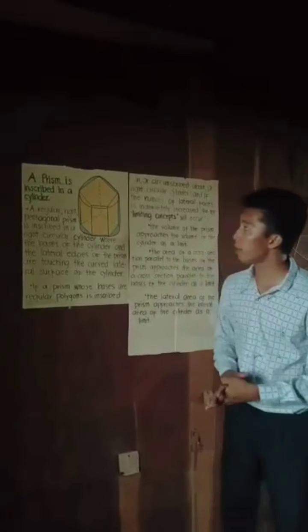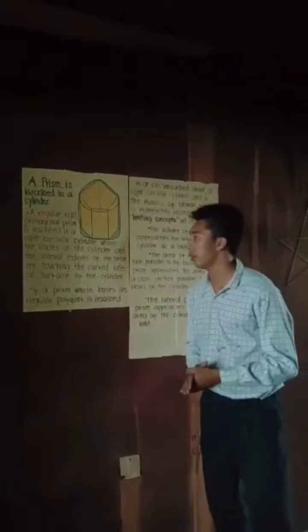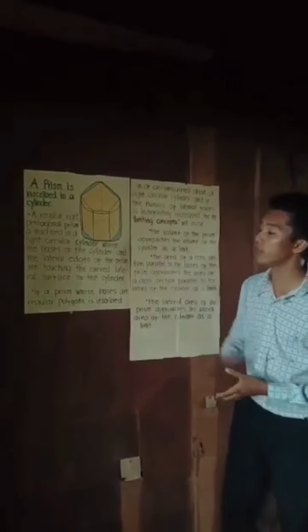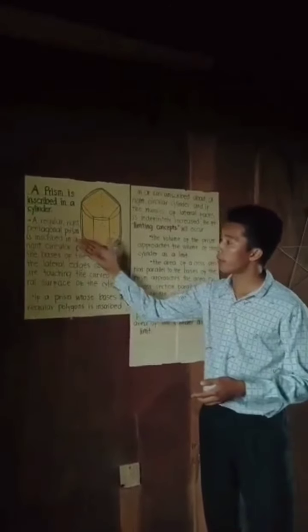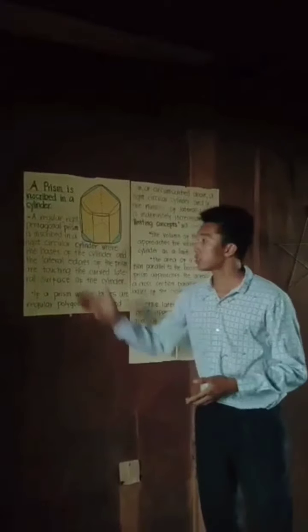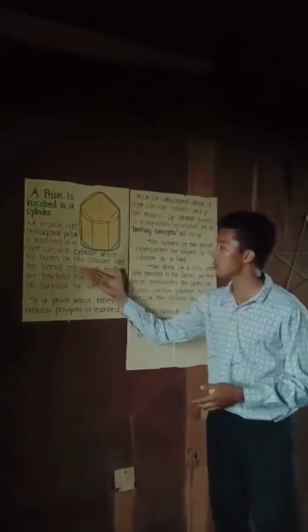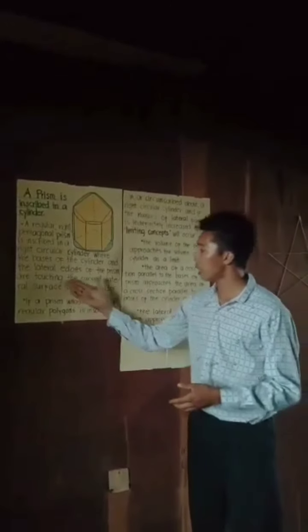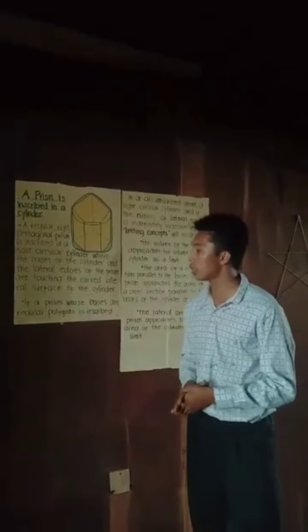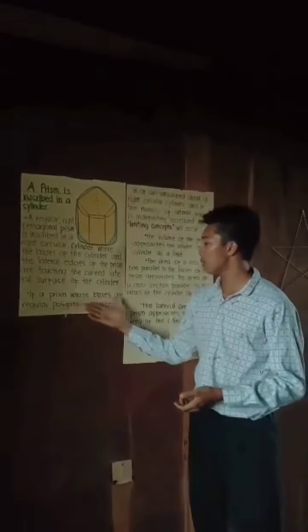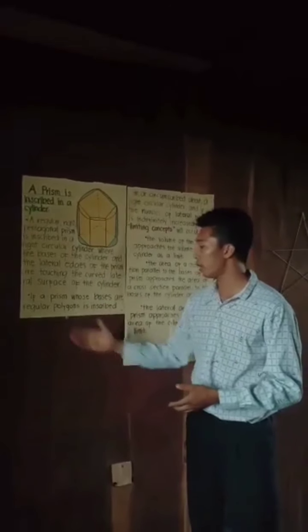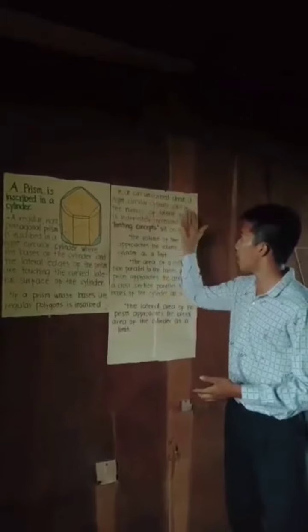Let us define a prism inscribed in a cylinder. As you can see in the figure, a regular right pentagonal prism is inscribed in a right circular cylinder where the bases of the cylinder and the lateral edges of the prism are touching the curved lateral surface of the cylinder. So things to know,